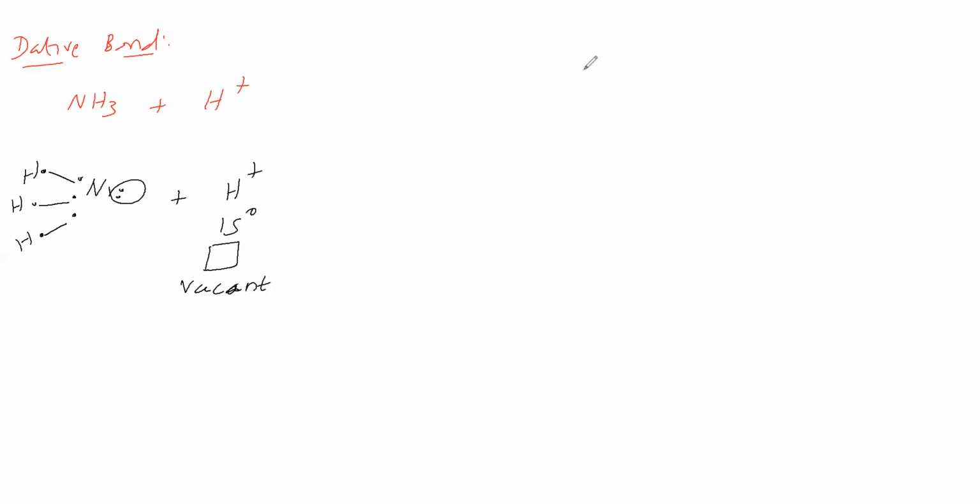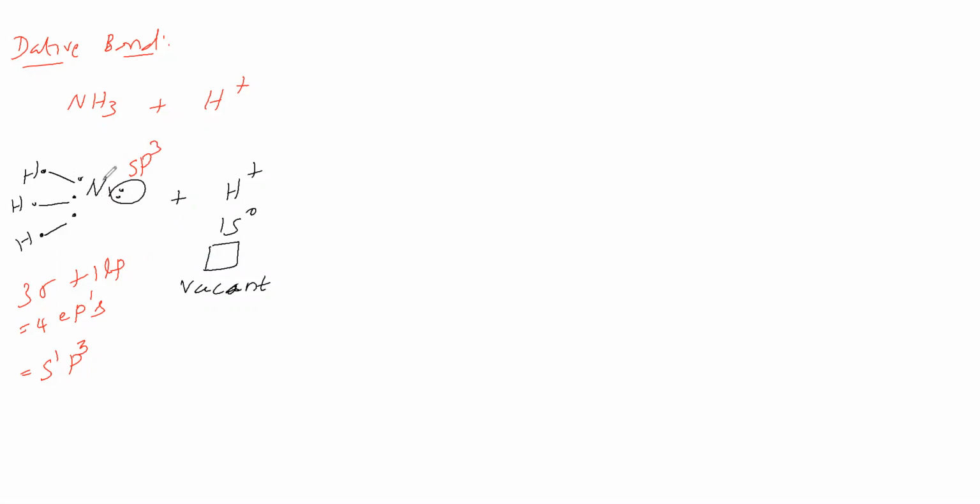Now let us see this nitrogen. It has 3 sigma bonds and 1 lone pair, so therefore 4 electron pairs. To find the hybridization, we write s, p, d. Of the 4, first we give one to s, then p can take a maximum of 3. That makes 4 in total, so d will not come. So the hybridization is sp3. This lone pair is present in an sp3 orbital.